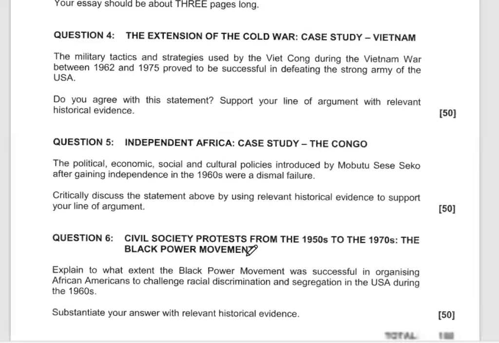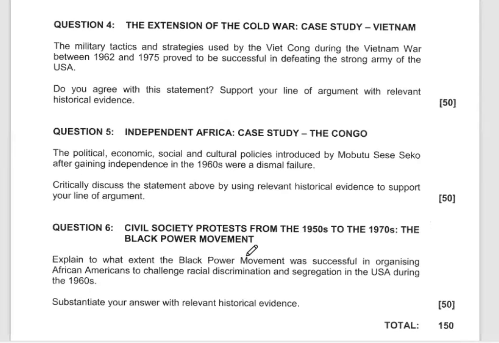Right. We are going to just highlight how you are supposed to answer the essay questions on section B. Our first question is question number 4, the extension of Cold War, a case study on Vietnam. I understand the content for this essay question, you'll be having it because you're having it both. The content basically is the same, but what changes here is the context of the question. You are supposed to align your question in the context of the given question. Align your content to answer the question.